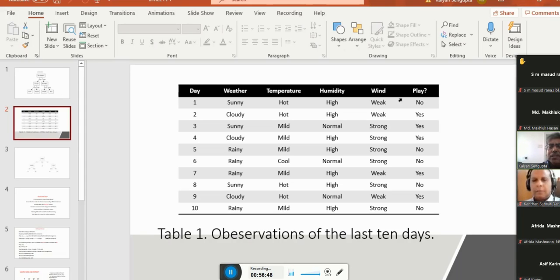But here this is for the tennis game, yes or no, and we found that if the weather was sunny, temperature hot, humidity very high, and the wind was weak, there was no play. Okay, this kind of a situation we have seen that there was no play.